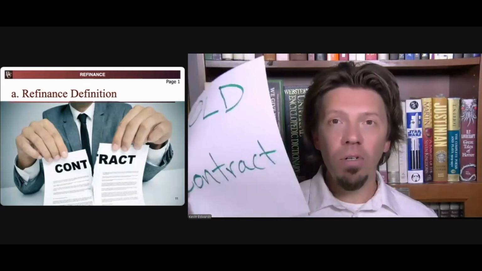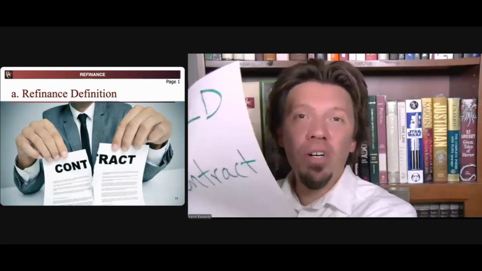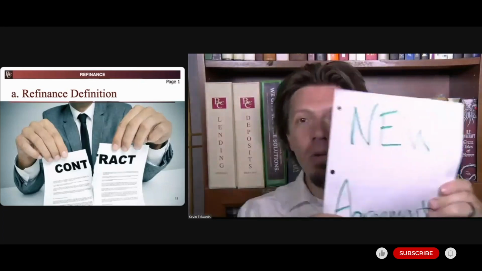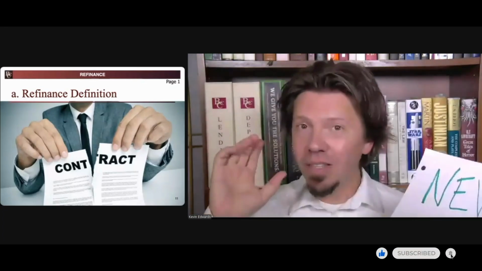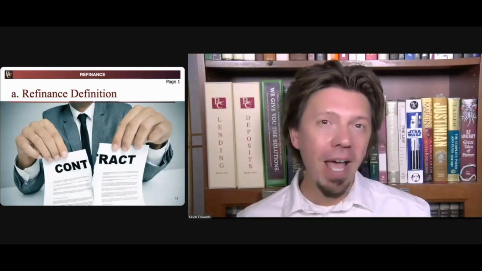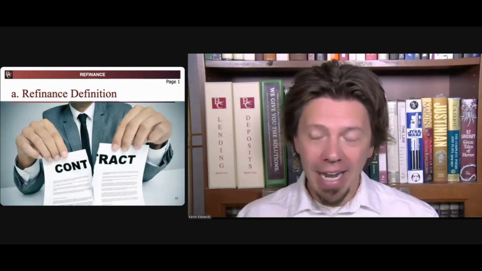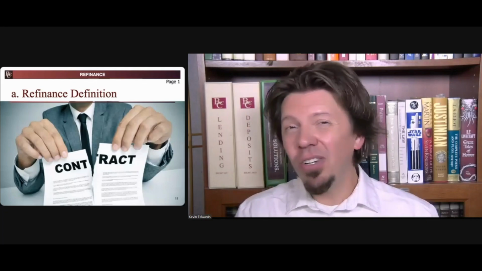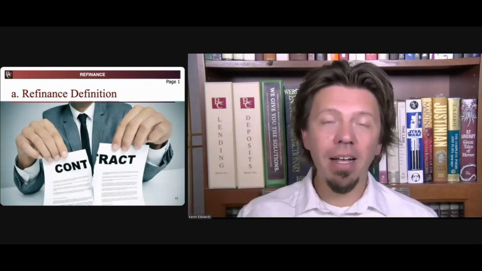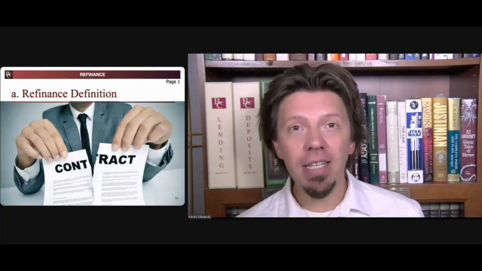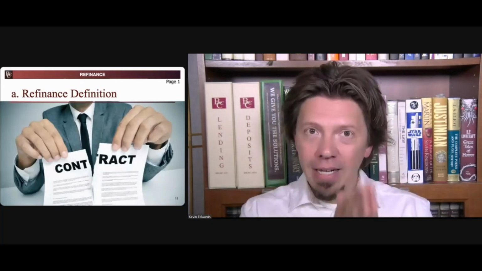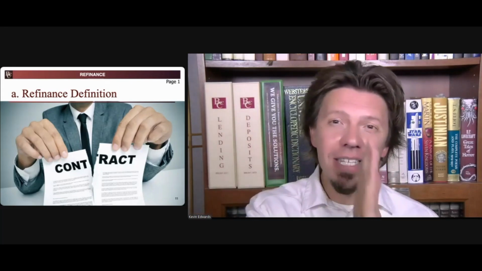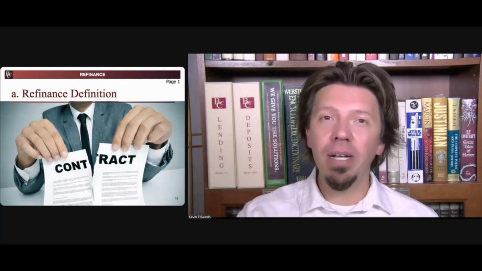Now, if you've got the old contract and a new agreement, but you're going to rip up the old contract so that all you have is the new agreement, and it's with the same customer, now you have a refinance. With refinances, that's what's going to trigger a lot of regulatory requirements. In most cases, you're going to have all new disclosures that come along with that refinance. So the first question is, we've got a change and we're going to sign some new documents. What exactly are we doing? If we're tearing up the old agreement, satisfying it and replacing it with the new one,